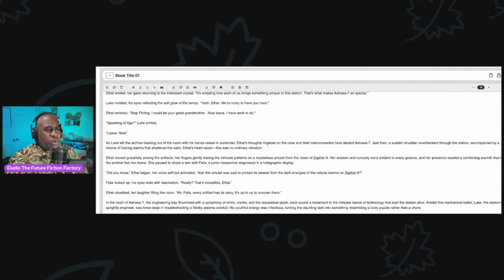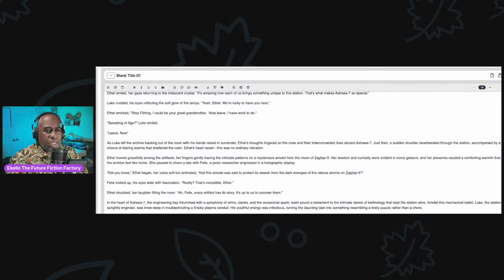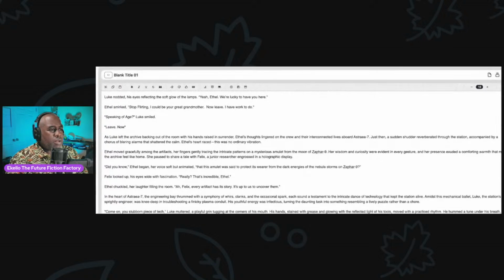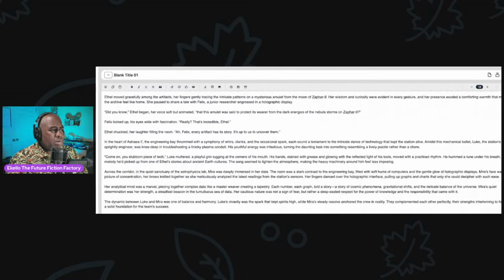Ethel's thoughts lingered on the crew and their unconnected lives aboard Astra. Just then, a sudden shudder reverberated through the station, accompanied by